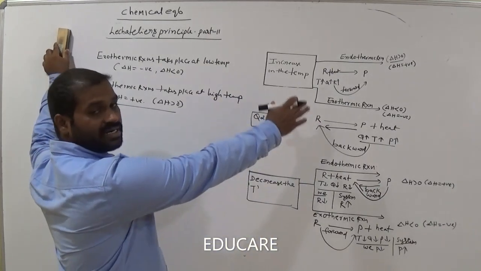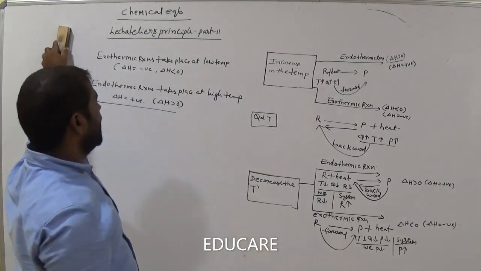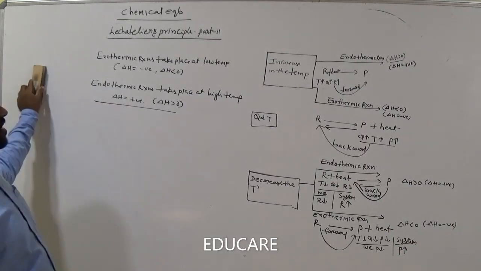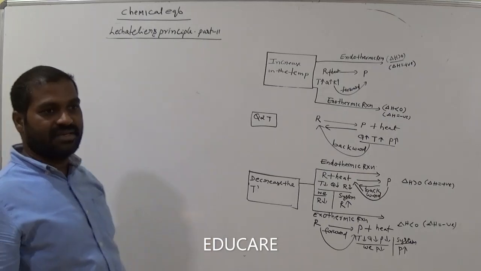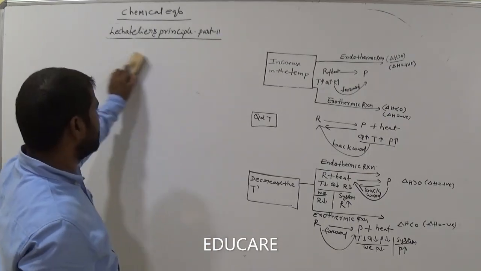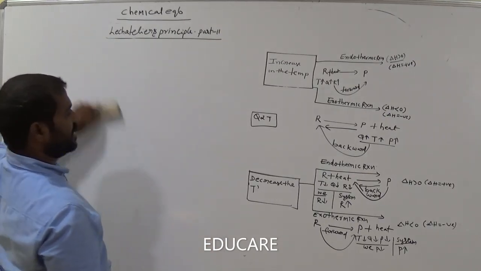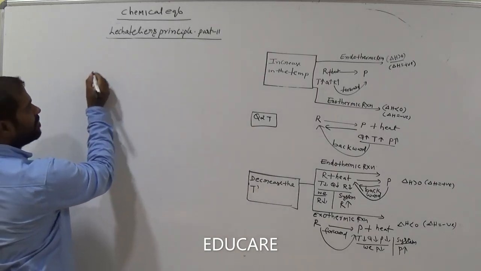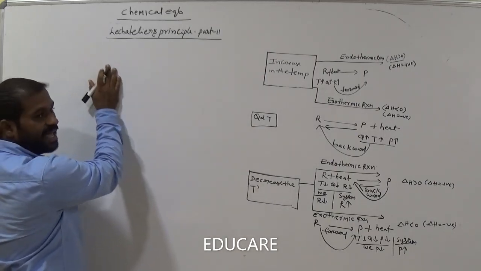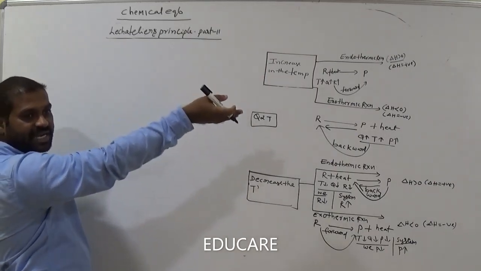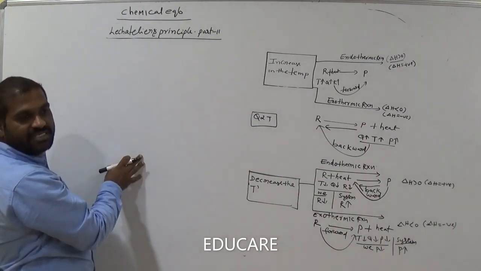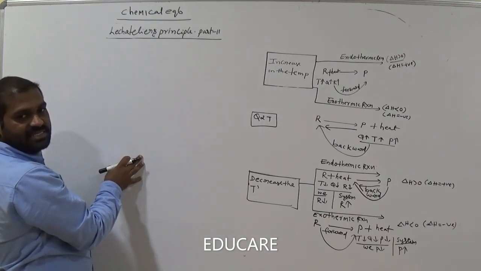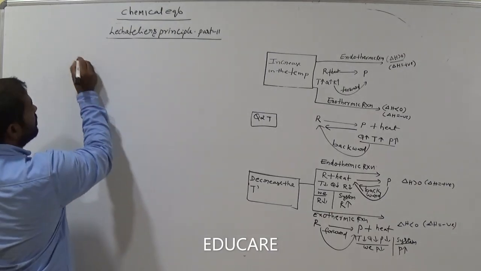So this is a shortcut notation regarding the effect of temperature on a chemical equilibrium. In that we have two cases. One is an endothermic reaction, another is an exothermic reaction. Is it clear? So exothermic reaction means heat energy is released after the reaction. Endothermic reaction means we add some quantity of energy to the reactants. Is it clear?